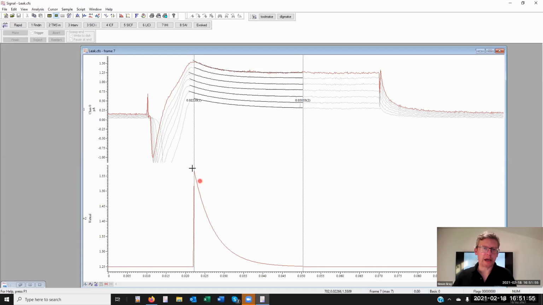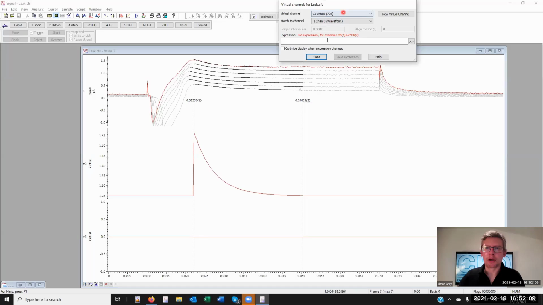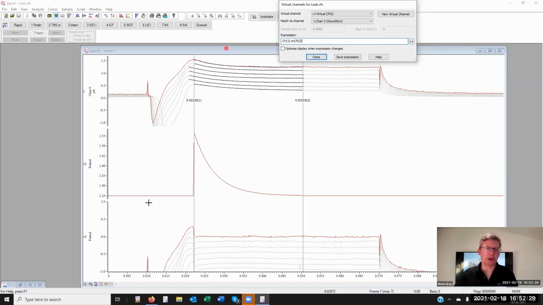Now we have the fit taken from this current trace here, the highlighted trace, and I would then be able to create yet another channel as an example, which is channel 1 minus, what channel number have we got here? So I pass over the channel title area, and I get 702 waveform channel. So it's CH 702. There we go. So a simple subtraction, just to give you an idea of the expressions that could be applied here,